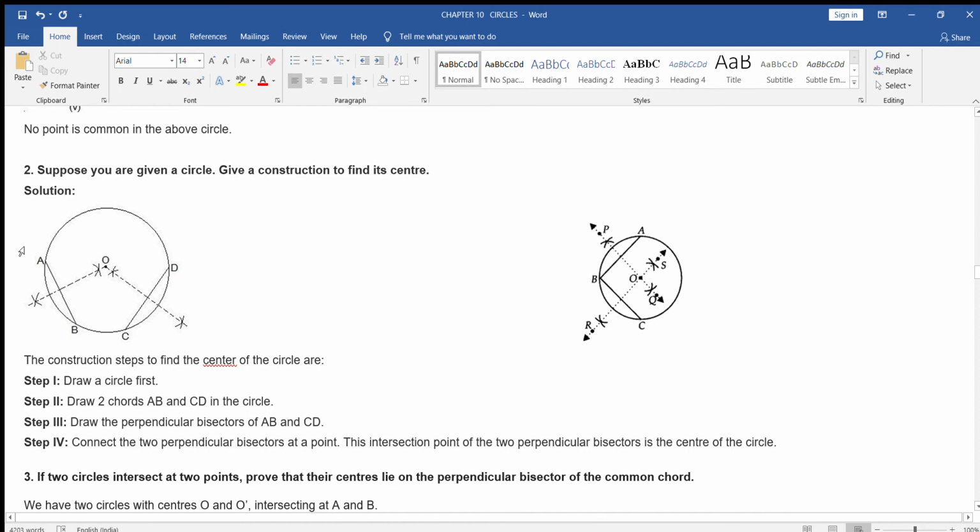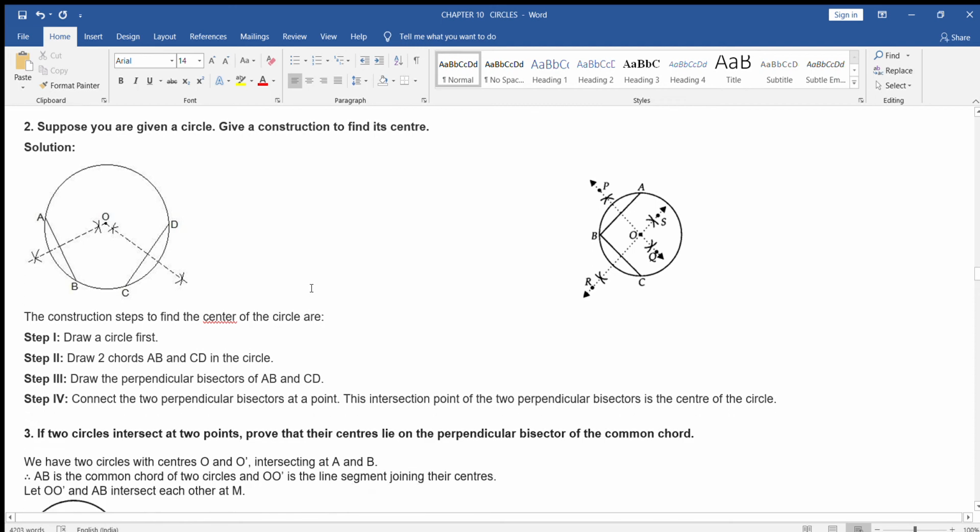Now you need to bisect both of the chords. All of you know how to bisect. Taking C as center, draw arcs on both sides, D as center, arcs on both sides. Again A as center, arcs on both sides, B as center, arcs on both sides. Now when you join them, you find that at one point both of these bisectors meet, so that will be the center. You will draw this way or that way, both are the same. You can easily find the center of the circle, but be careful not to draw parallel chords, because then you will find a single line, so it is not easy to find the center.